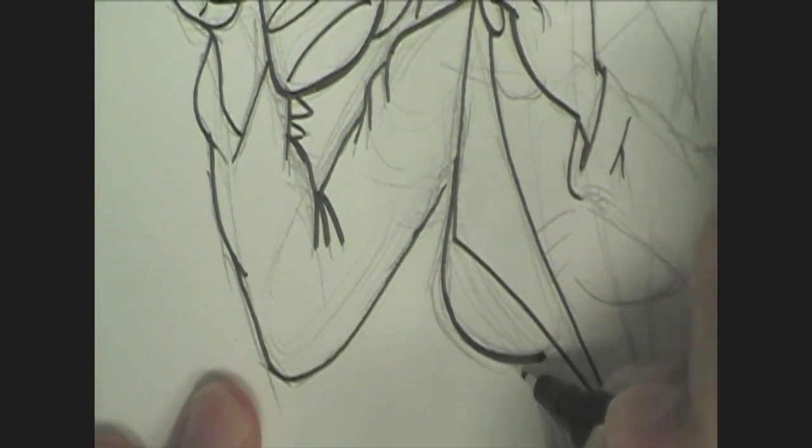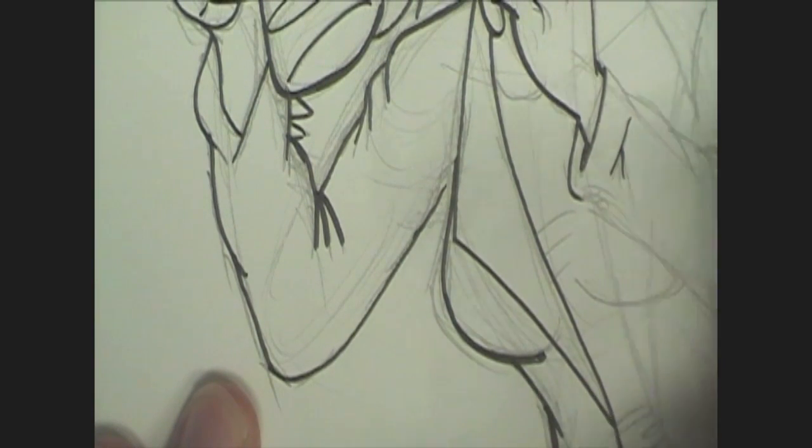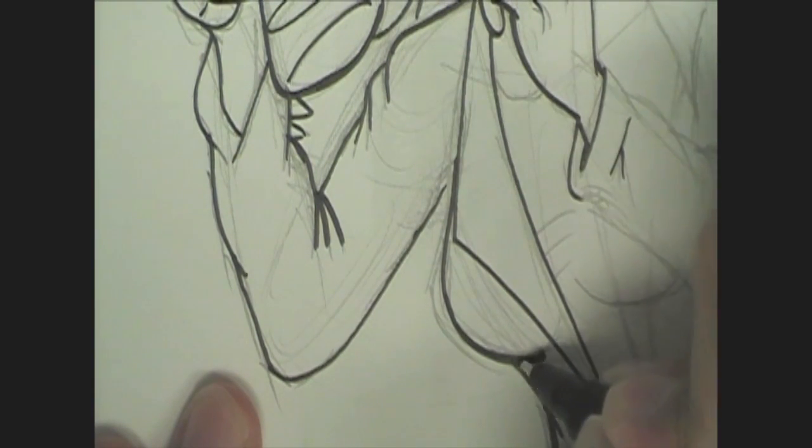Yeah, I'm just inking the bottom of her breast. Right there, breast. Very funny, but